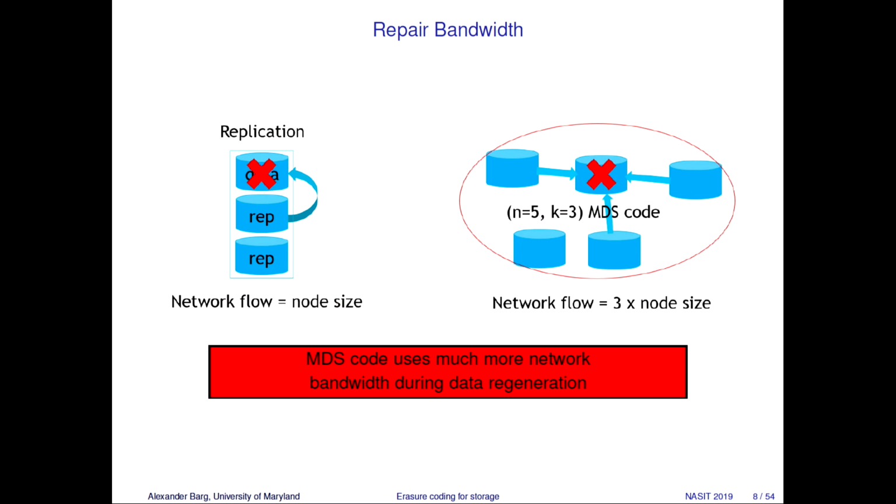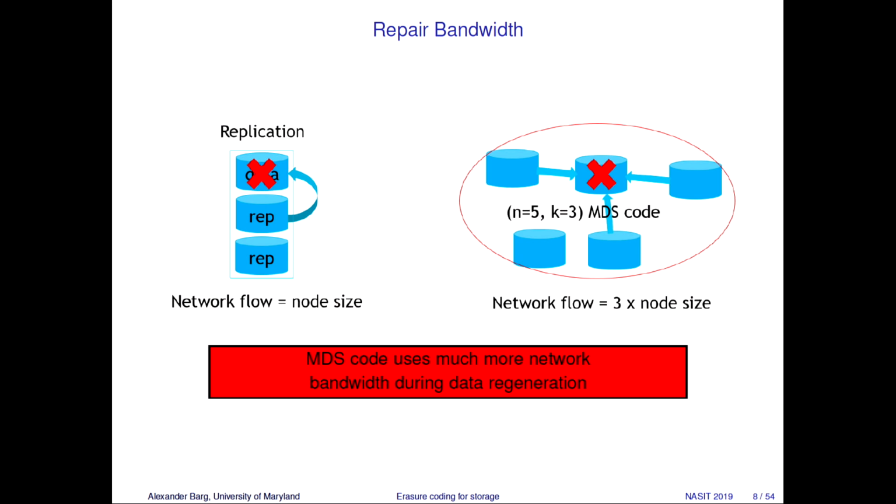To recover a lost node, we need to carry the amount of data that is exactly stored on that node. Whereas here, as we recover a lost node, we should take 3 nodes to correct the data by the properties of the code. So the network flow is triple the size of the data, and here the network flow is equal to the size of the data. So while we have gained in the storage, we have lost on network communication, and that's also an important factor because, of course, the network gets saturated and we will lose the functionality because of that.